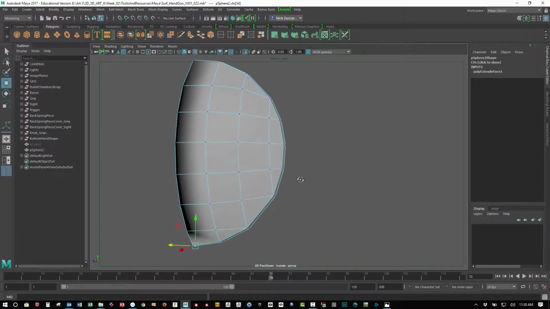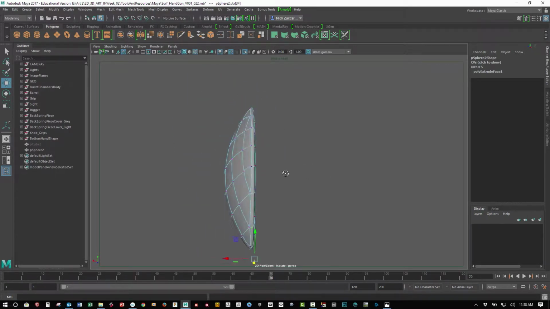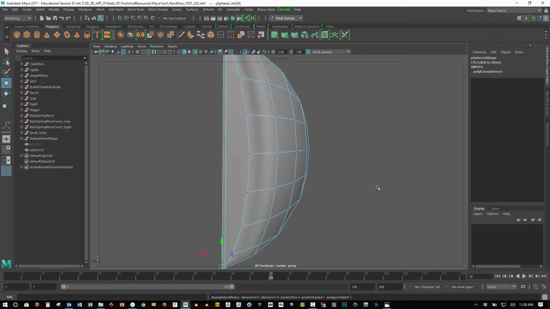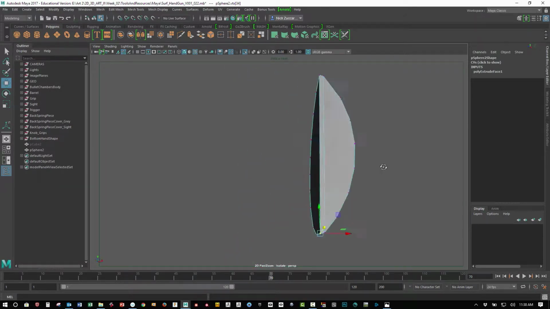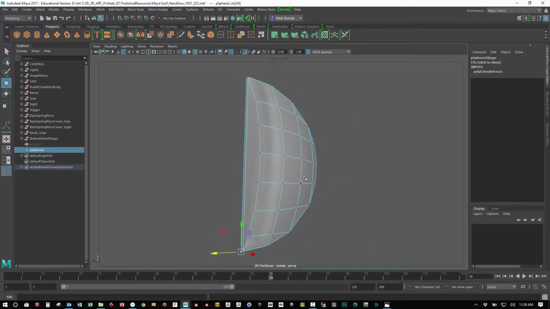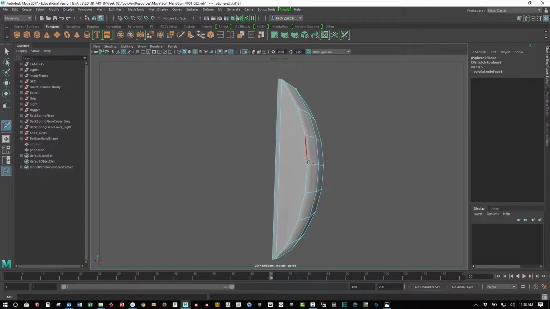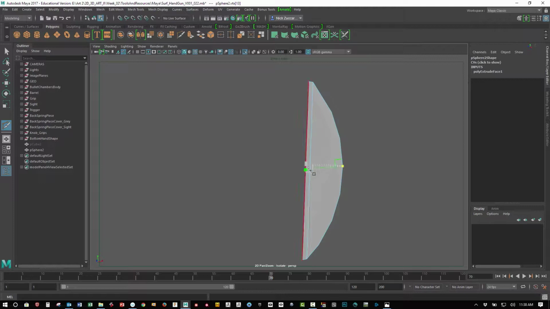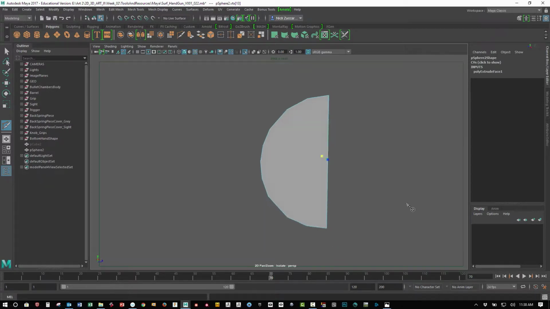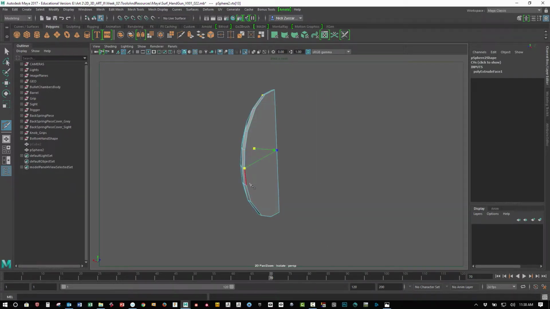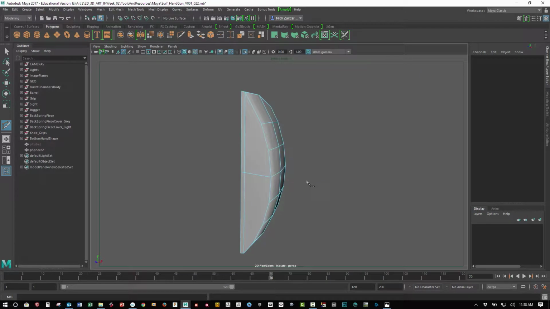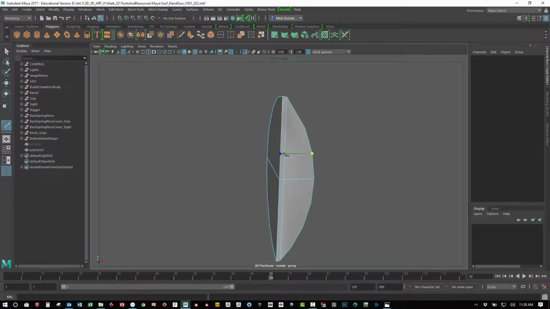We could tap 3 and just see what's going on with that shape. It's not too bad, so we'd have to do a little bit of work to fix this up. We could use the multi-cut tool, shift right click, multi-cut, and we'll just go in through here. Hold down control and shift to try to go straight across from there, and then go to the back like this. Once we create this geometry,